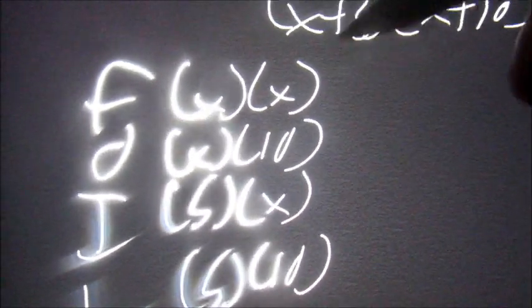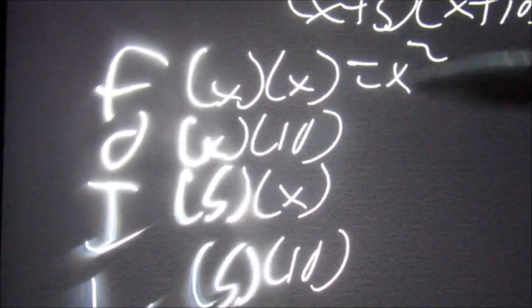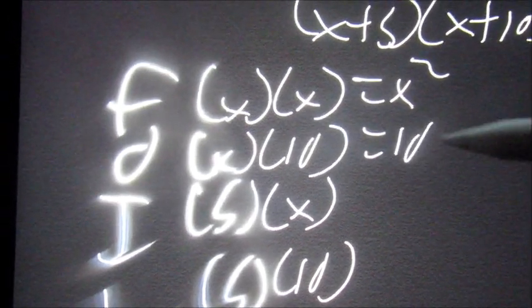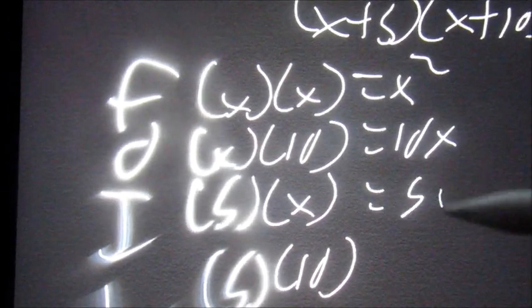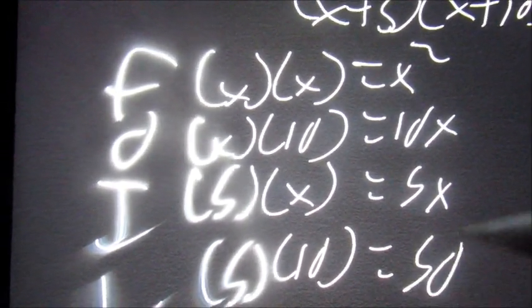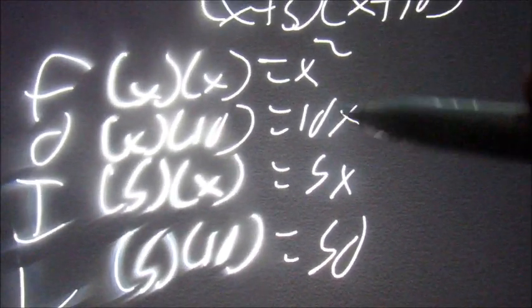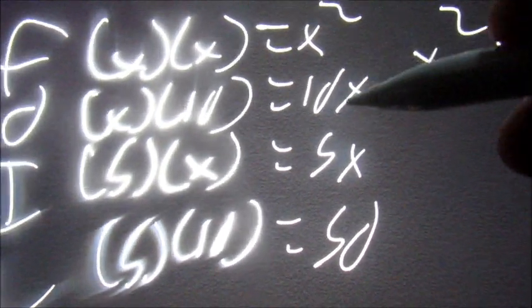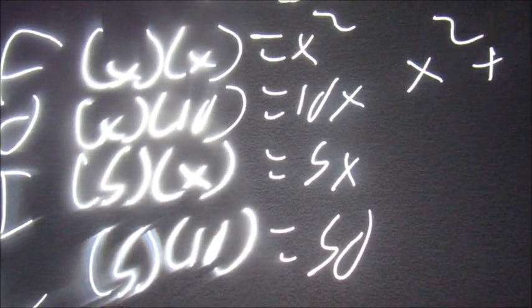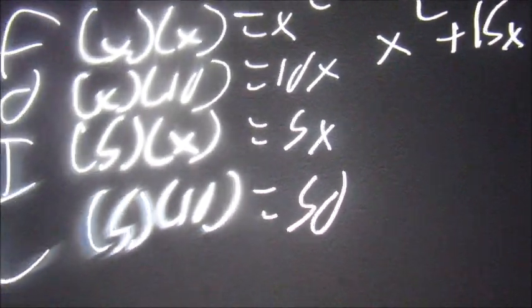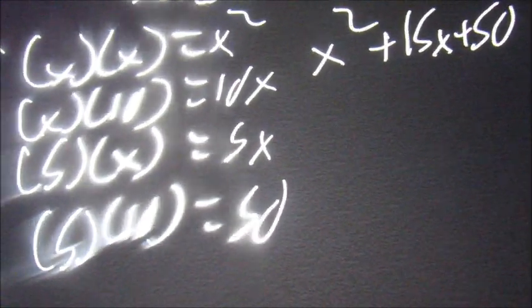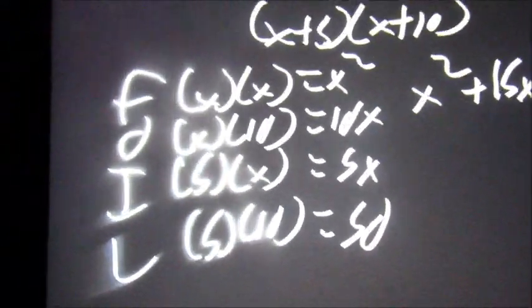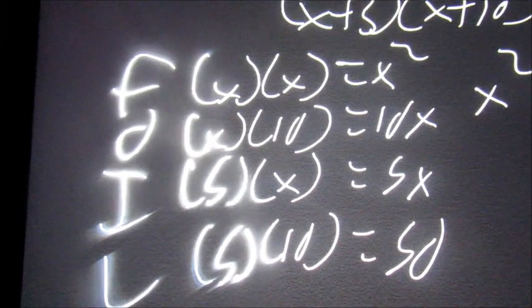So 5 and 10. When we do that, we're going to get x squared. Here we'll have 10x. Here we'll have 5x. And here we'll have 50. Now these were all positive, so we're going to add them up. X squared plus, we can combine these, the 10x and the 5x, to get 15x, and plus 50. So that's how you're going to do them when we have